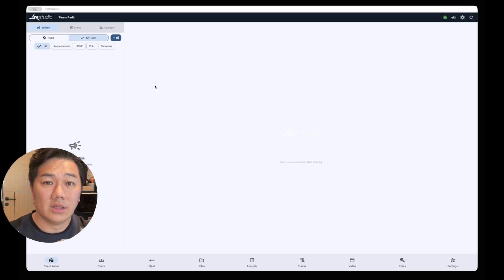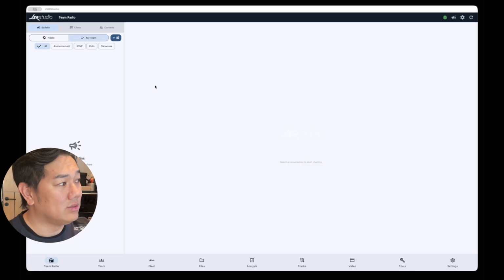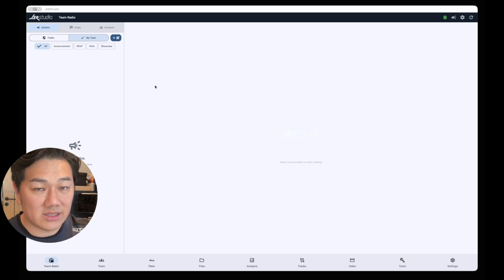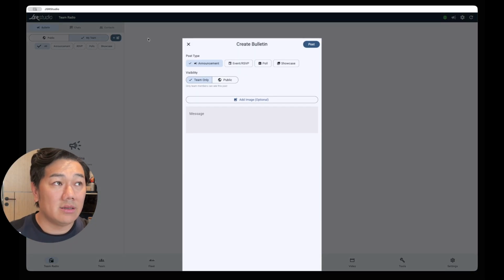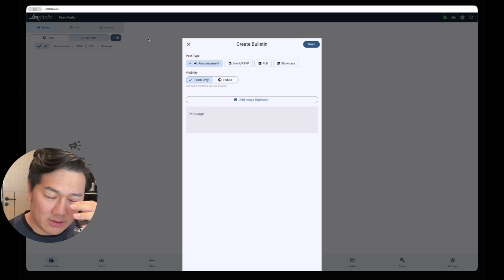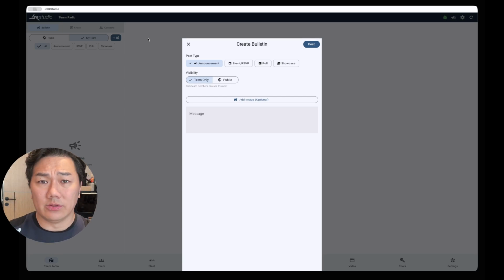And there are two surfaces. One is my team, so announcements that are only seen by your own team, so anyone in your team can see it. And the other one is public, so if you have users that you added from a different team, you can post things that they can see under public. It's pretty self-explanatory, but it's useful because if you have a team, or you can say a group, for example, if you have an academy and you have 10-12 students inside that academy, you can consider that as a team, then you can post stuff like